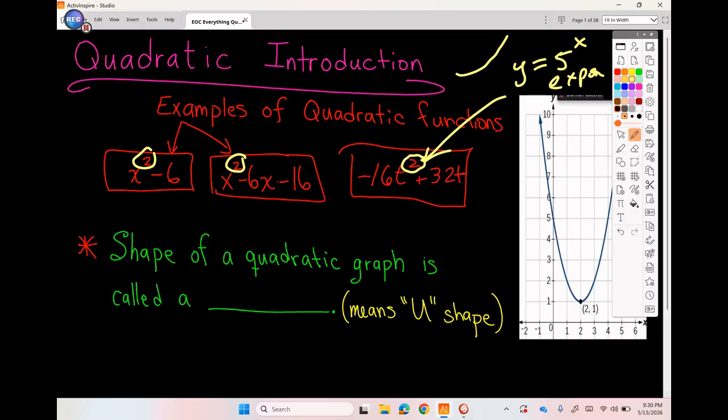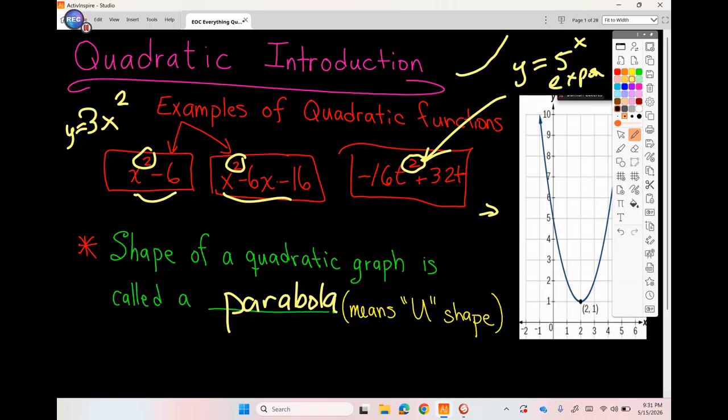So let's look at this shape here. This shape, there's a name to it. That U shape that's created by a quadratic function is called a parabola. Now, in terms of how many numbers or terms you have in the quadratic function, it can vary. It can be one number only in the equation, or it can be two terms, three terms. It can be as many terms as it needs to be, but if the highest exponent is 2,